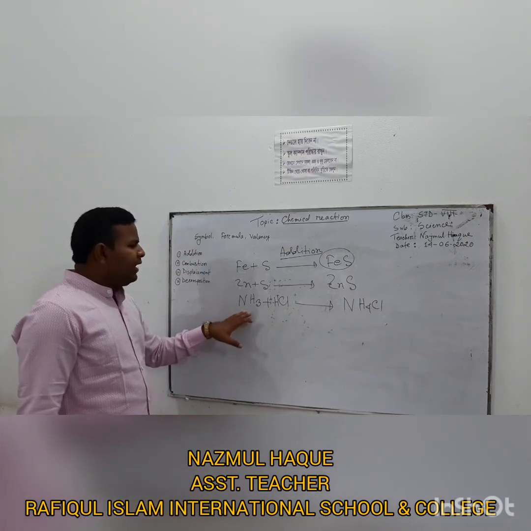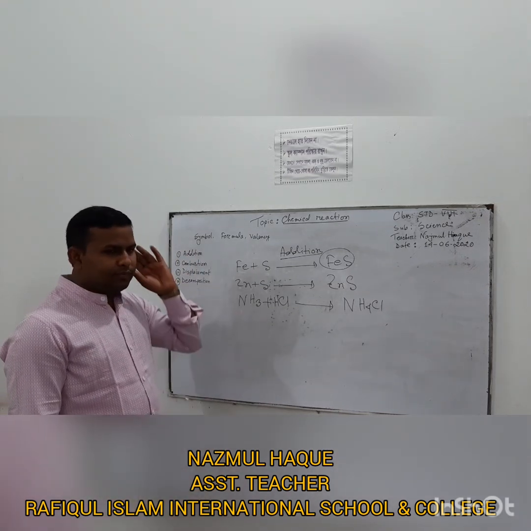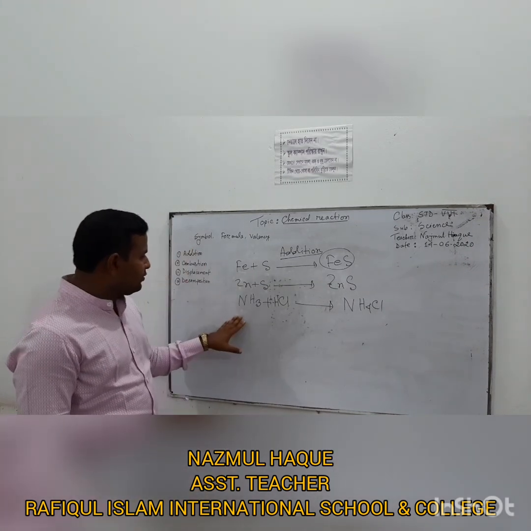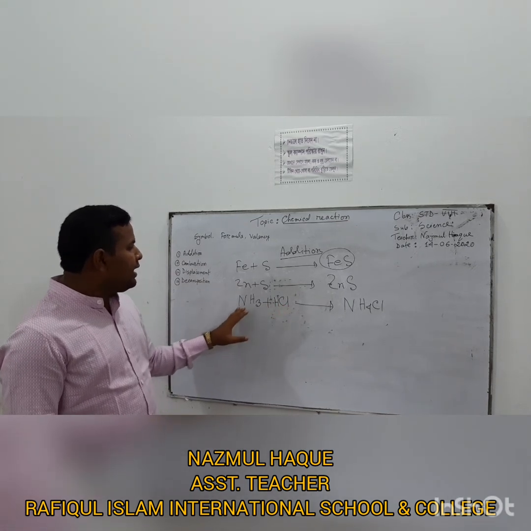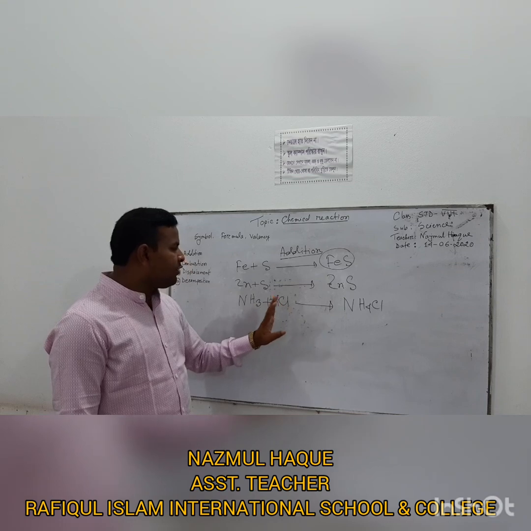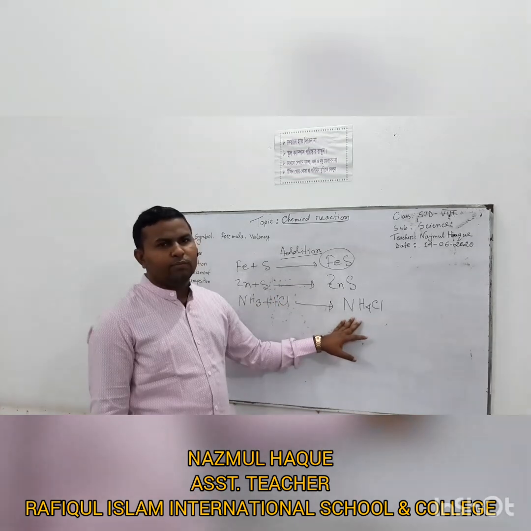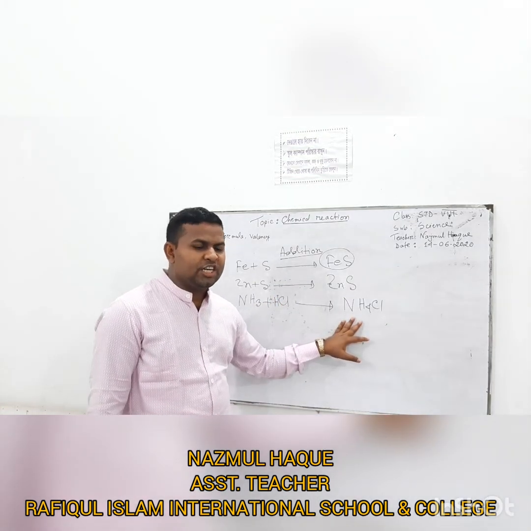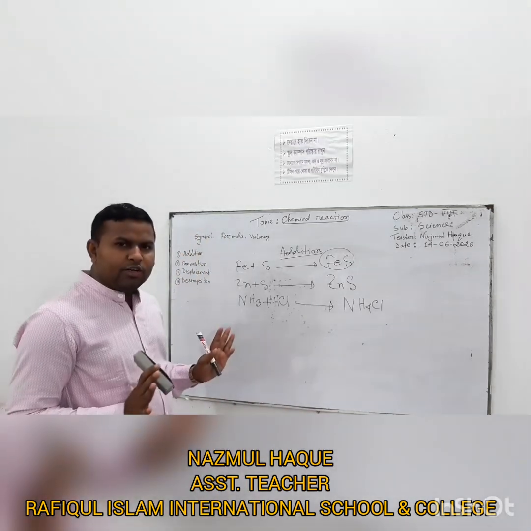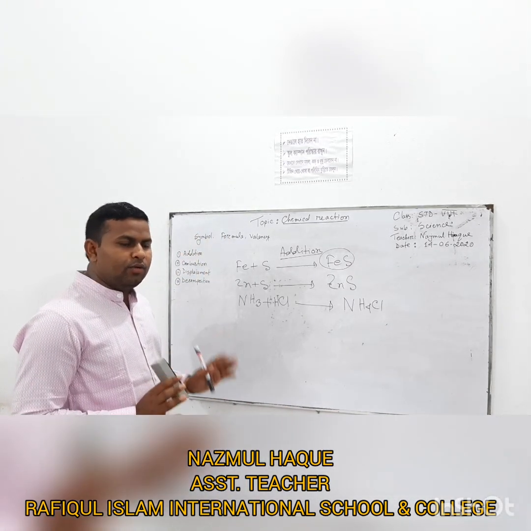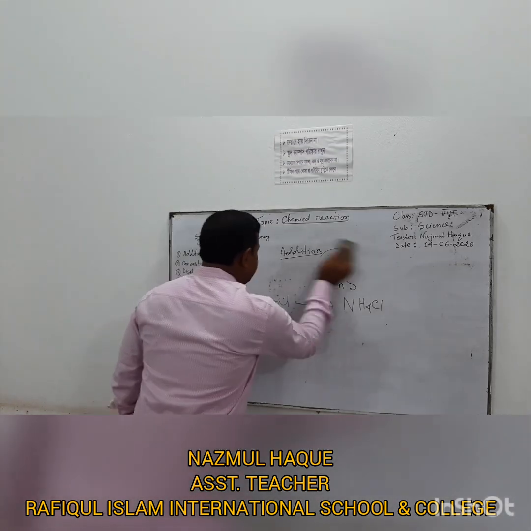Here ammonia is a compound. HCl or hydrochloric acid is a compound. So ammonia and HCl or hydrochloric acid makes ammonium chloride. It is called Nishadol. So everyone understand? No problem here. Okay, thank you. So next,